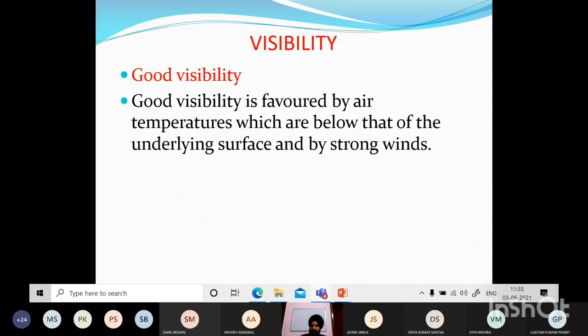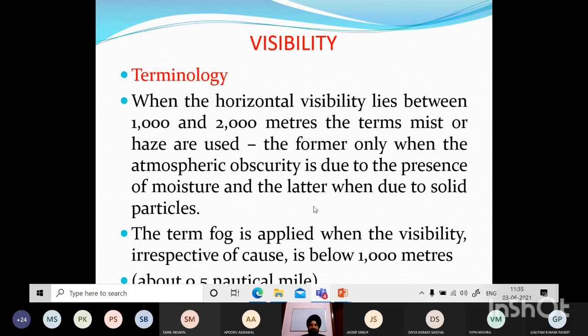So ये जो सारी visibility का जो main reason है, what we call is the fog. और इसकी भी terminology थोड़ी सी अलग है. Now when the horizontal visibility lies between 1000 to 2000 meters, the terms mist, haze are used. And the former only when the atmospheric obscurity is due to the presence of moisture, and the latter when due to solid particles. Now the term fog is applied when the visibility, irrespective of the cause, is below 1000 meters,